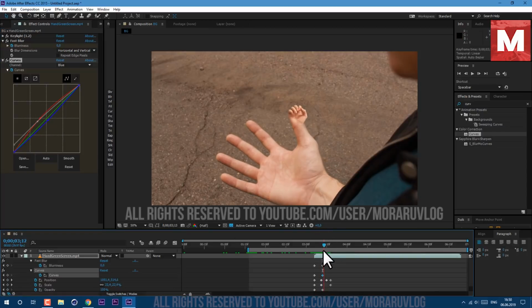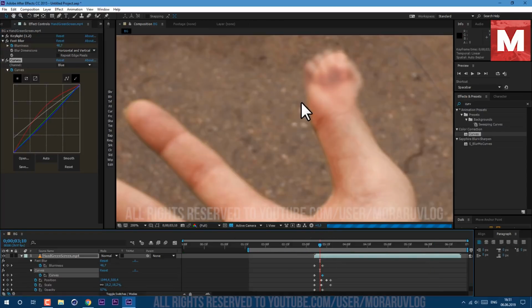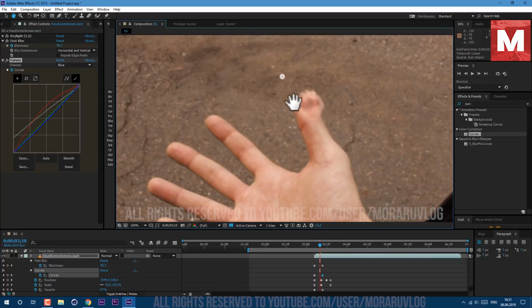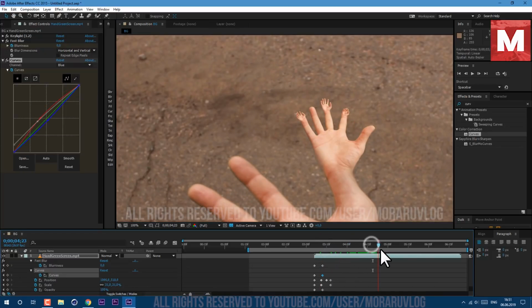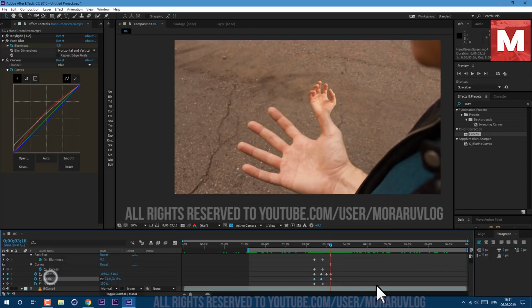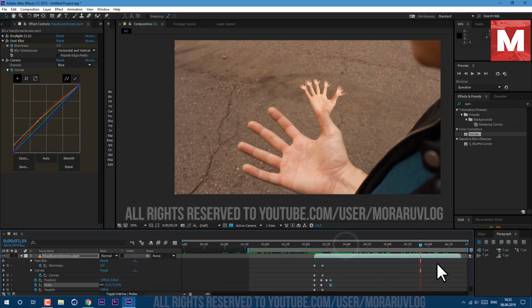As you can see, these fingers here was made with this technique as well. If you look closely, you'll see that I've used also blur and opacity to make this kind of transition. Now let's animate our scale. Select this keyframe here, press F9 on keyboard. Then about here, let's change our scale to 57